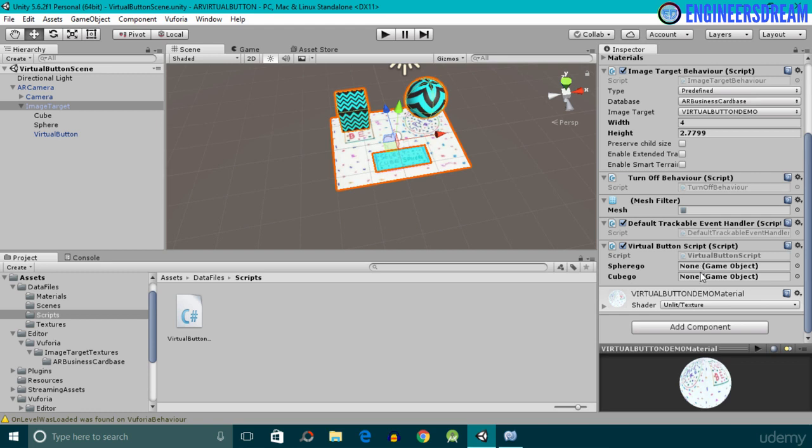Currently, both of them are empty and we need to provide values in the form of game objects. So in place of sphereGO, I'll drag my sphere game object, and in place of cubeGO, I'll drag my cube game object. Okay. So after giving a reference of the sphere to the sphereGO game object and the cube to the cubeGO game object,